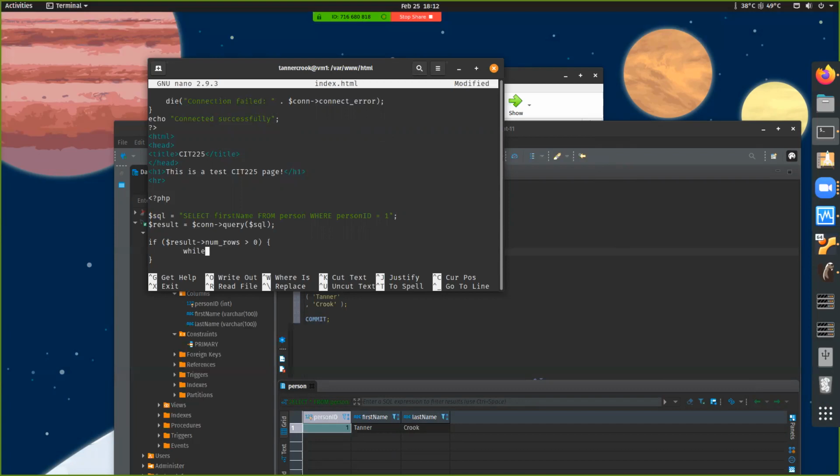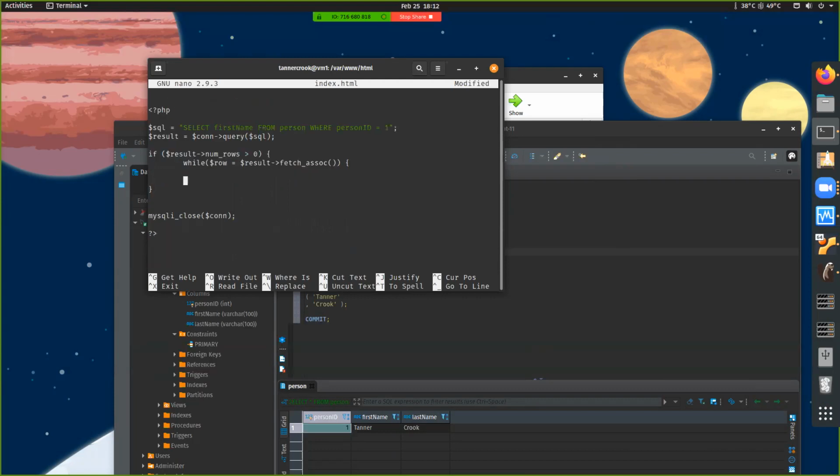And we're going to say while the row is equal to the result fetch associate. So basically for every row that it returns, we are going to echo, and we are going to echo H2